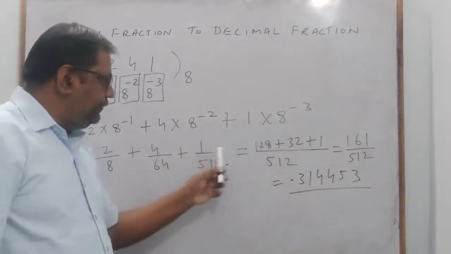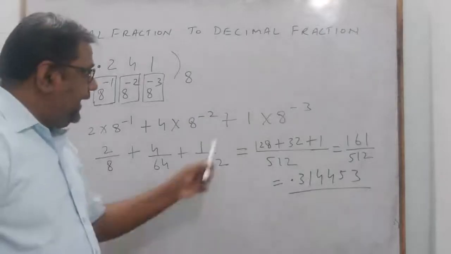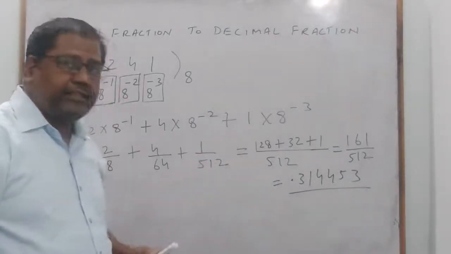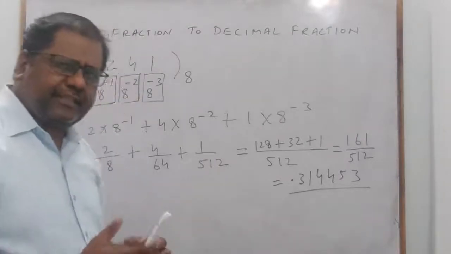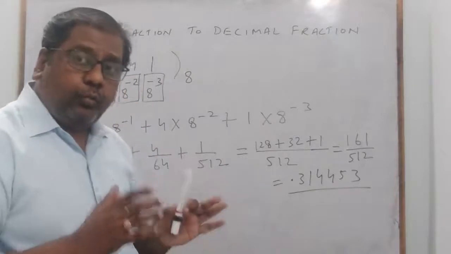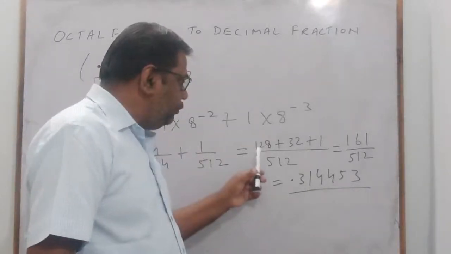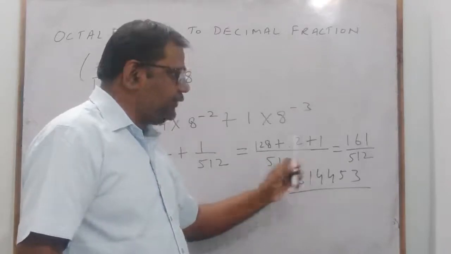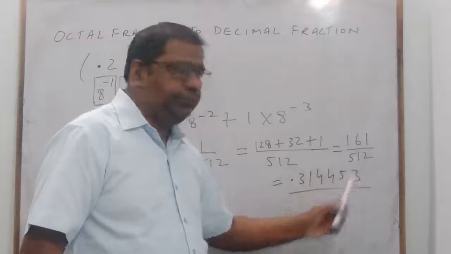And it will be equal to 5 and 2. 8 into 8 into 8 is equal to 5 and 2. And multiplied by 1, it will give you the result as 1 by 5 and 2. So if you take out the LCM, what will be the LCM of these? 5 and 2. When you evaluate the answer mathematically, it will be equivalent to 128 plus 32 plus 1, which will be equivalent to 161 by 5 and 2.